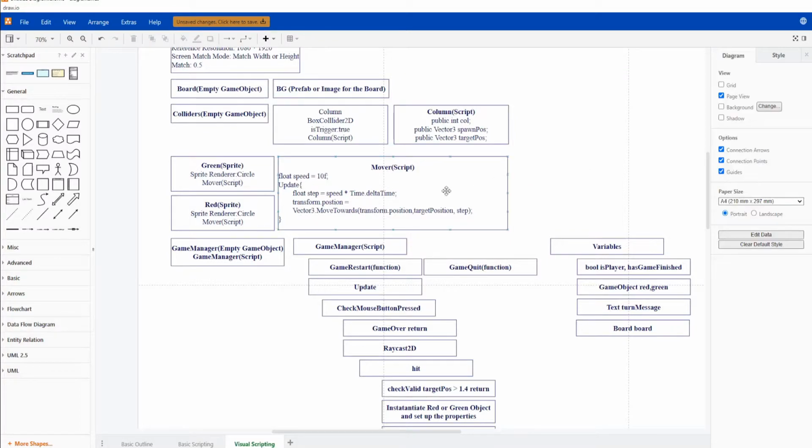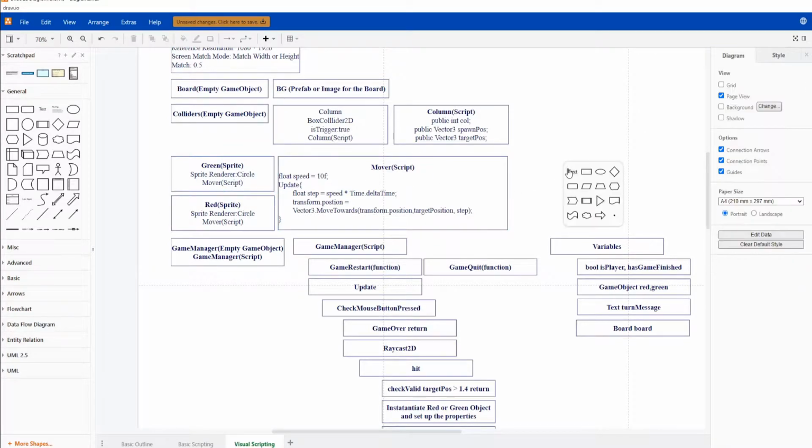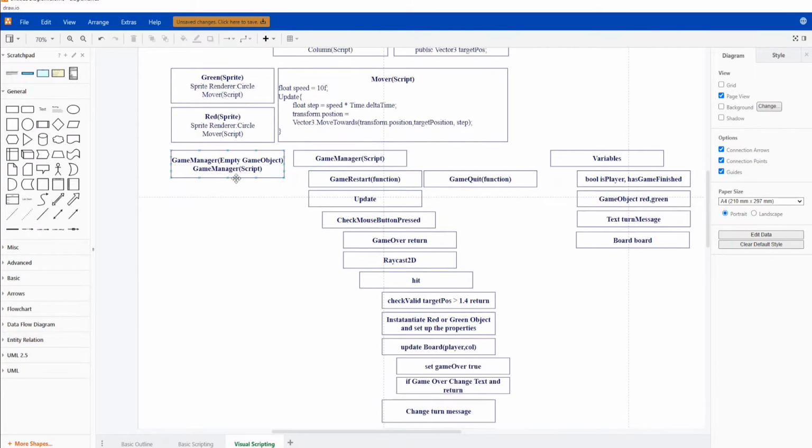So we'll add a public Vector3 target pos, and it will stop moving whenever it reaches the position, and it is added to the green sprite and the red sprite, which will be instantiated by the game manager